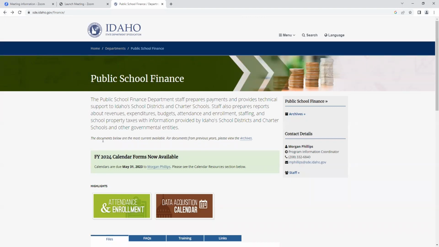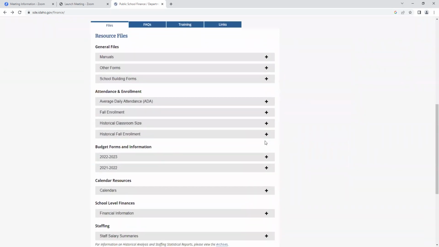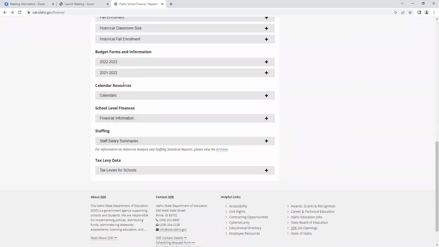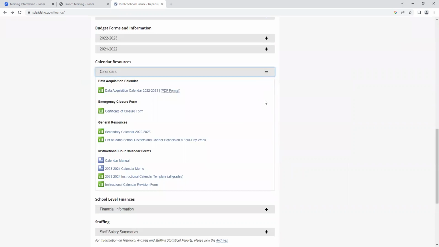Going back to our school finance page, you're going to see that we currently have a highlight for our calendar forms since they are posted for the new school year. They'll be in the calendar resources section below. So we'll go down here to our resource files, go to calendar resources and go to this little drop down menu. And there are all sorts of documents here, but in this video particularly, we're only going to focus on